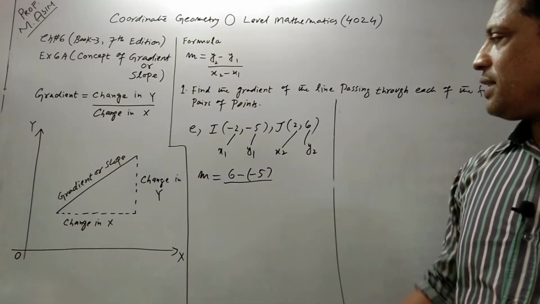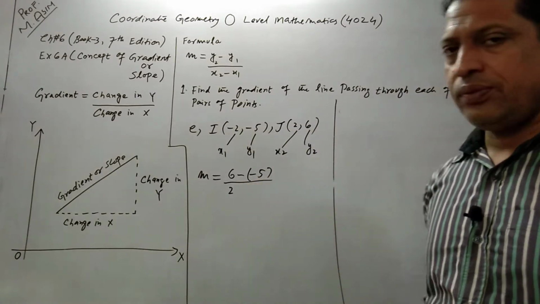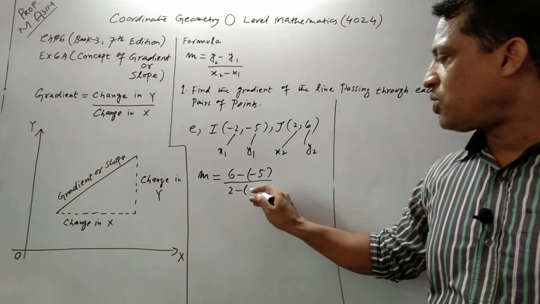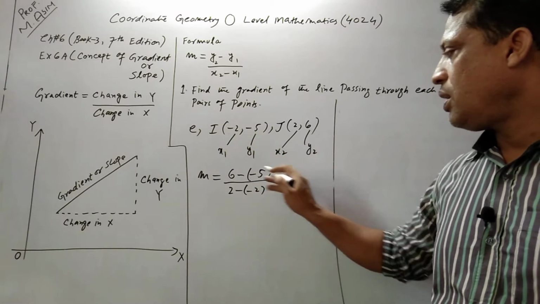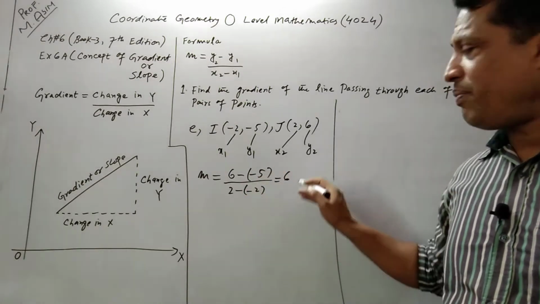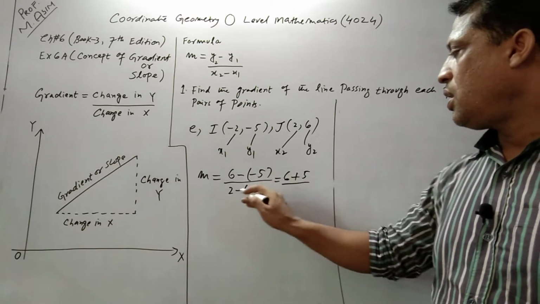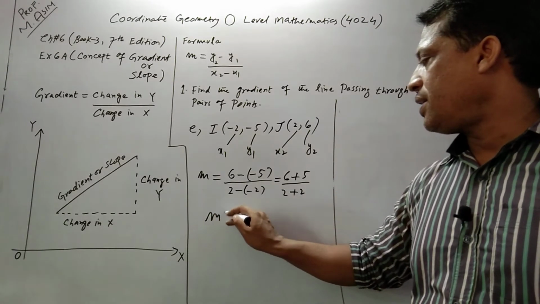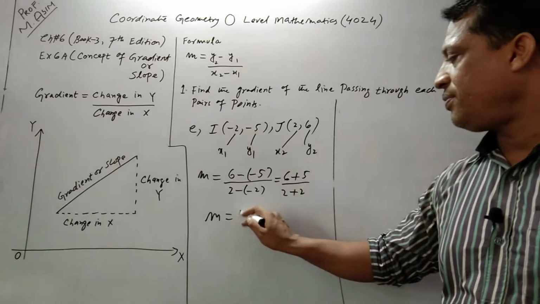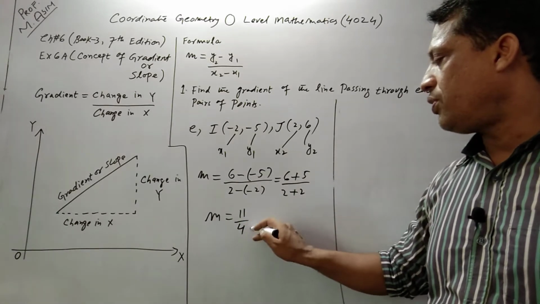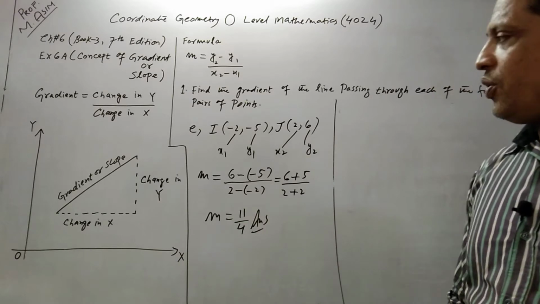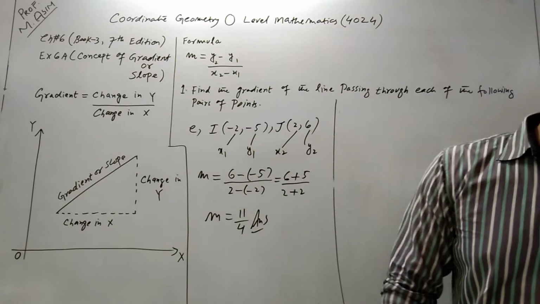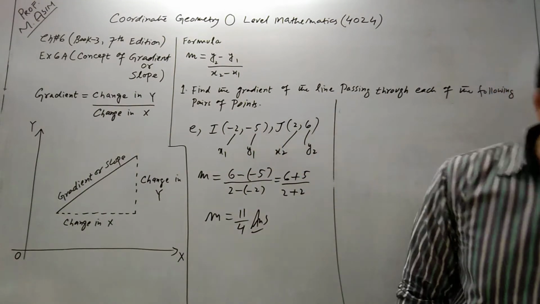Upon x2 minus x1. What is x2? 2 minus x1. x1 is already in minus, therefore we have to apply the bracket. So 6 minus multiplied by minus is plus 5. 2 minus multiplied by minus is plus 2. So the gradient is 6 plus 5 is 11 and 2 plus 2 is 4. This is our answer. I hope you understand how to find the gradient of point I and J. You can call this point or coordinate, no issue.